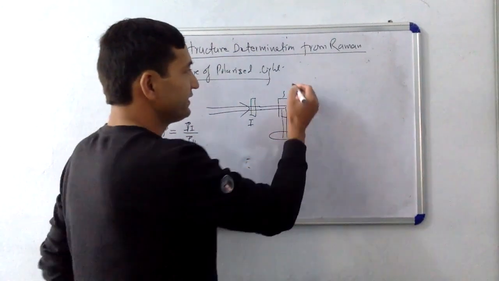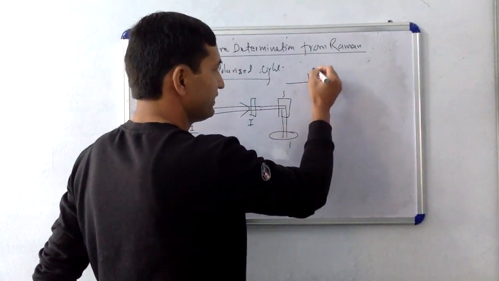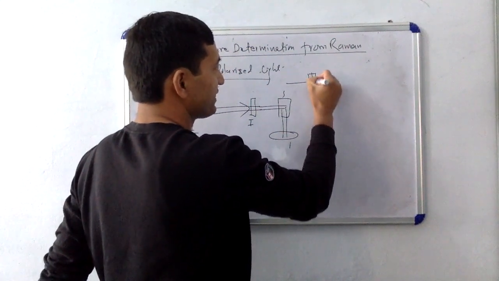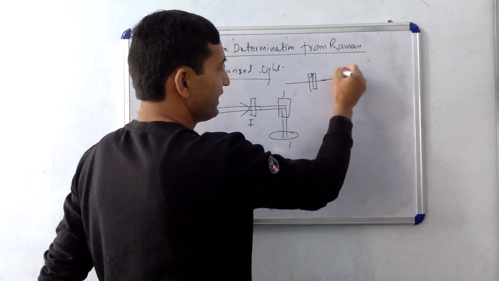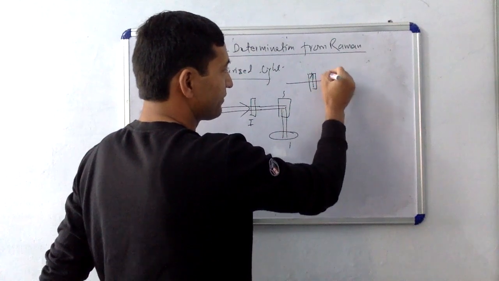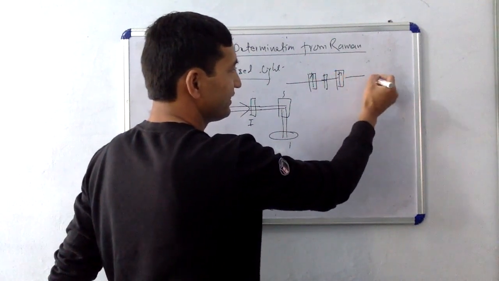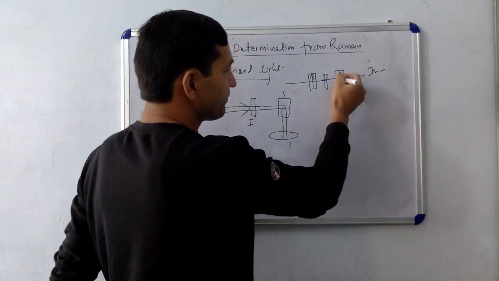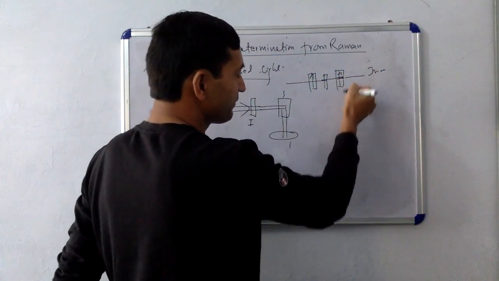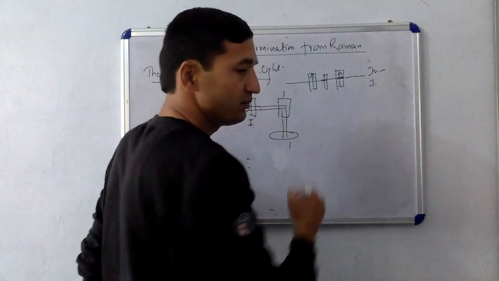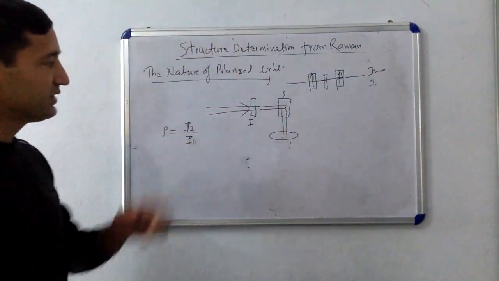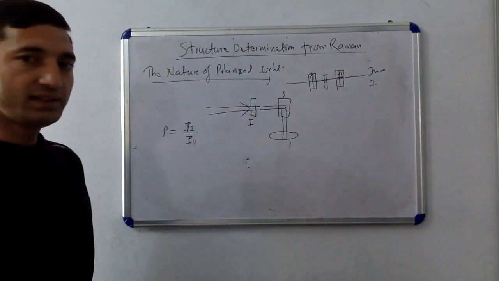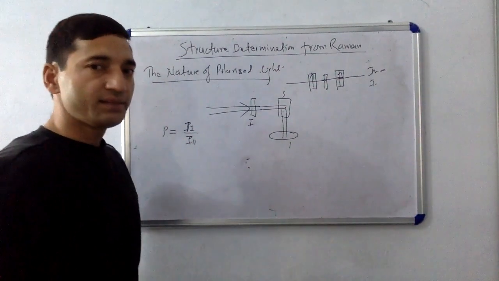If you have linearly polarized light, suppose vertically polarized light, and you put the analyzer after the sample in a vertical angle, then you have the maximum intensity, I max. If it is in the horizontal direction, perpendicular to that, the intensity must be the minimum. Now what I'm saying is that if I have linearly polarized light and even unpolarized light,